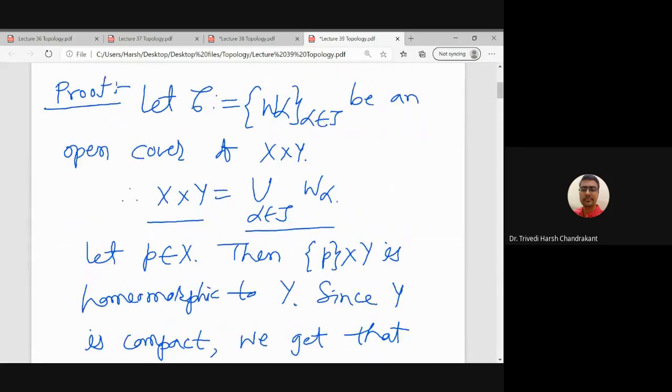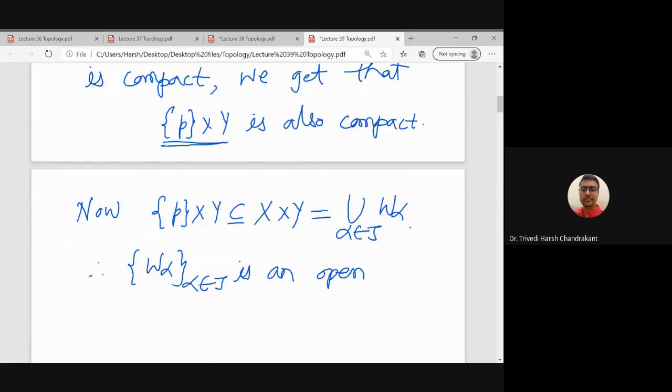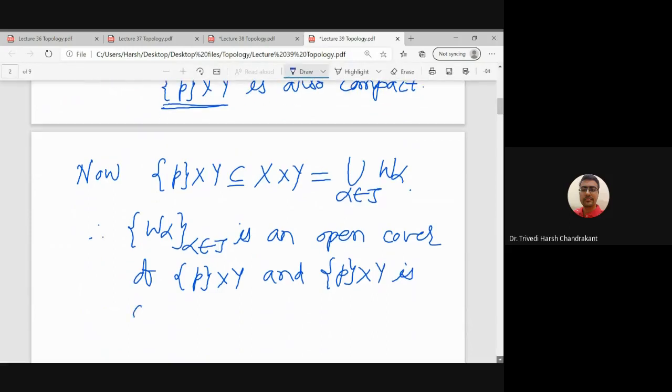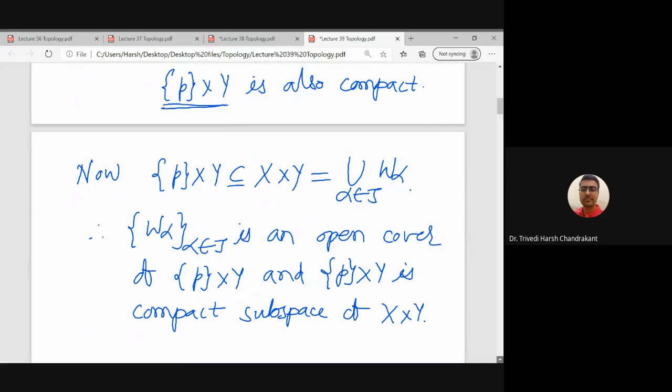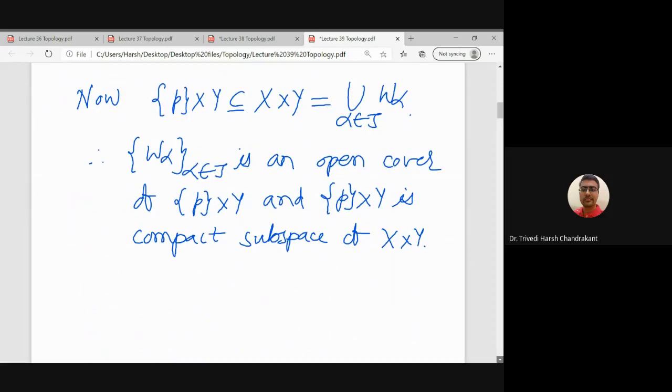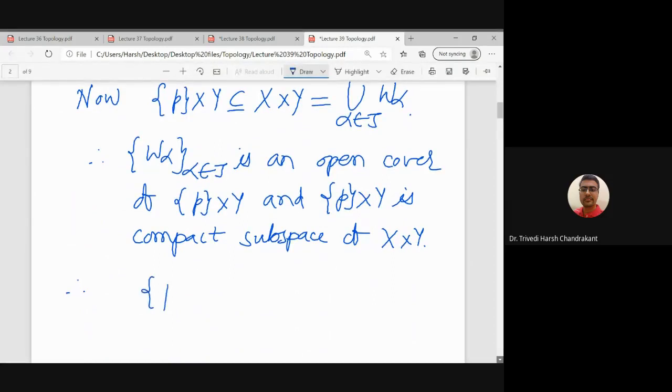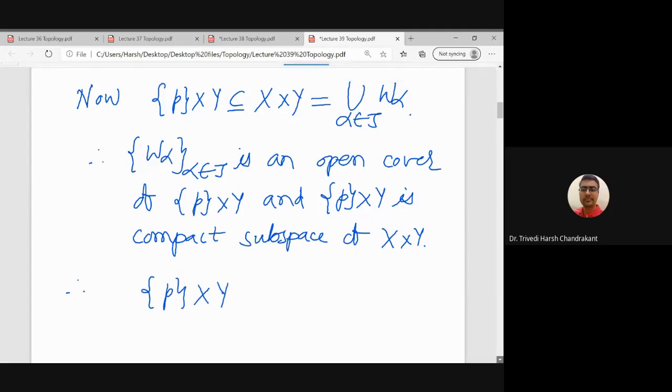I think I mentioned it is an open cover here. But now it is an open cover of P cross Y, and P cross Y is compact. So now we have an open cover of P cross Y, which is compact, so it will contain a finite subcover. So therefore singleton P cross Y is a subset of